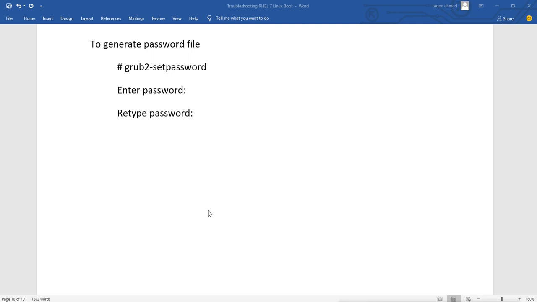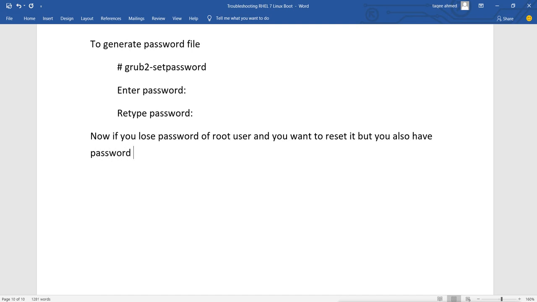Now, when you have a password on the root user which you forgot, and you also have a password on grub that you have also forgotten, that means if you forgot or lose the password of root user and you want to reset it, but you also have a password on grub, which you also lost or do not know.